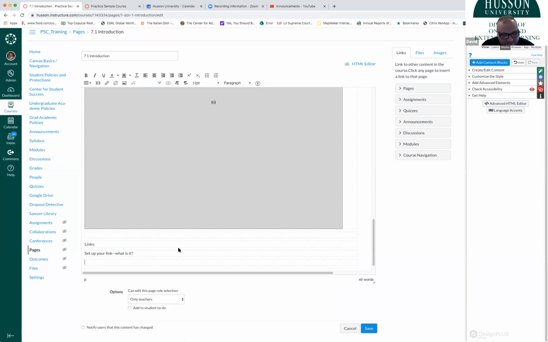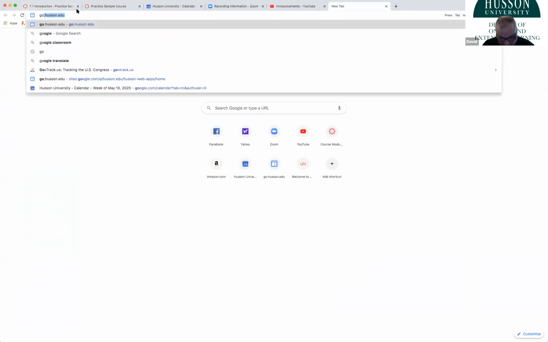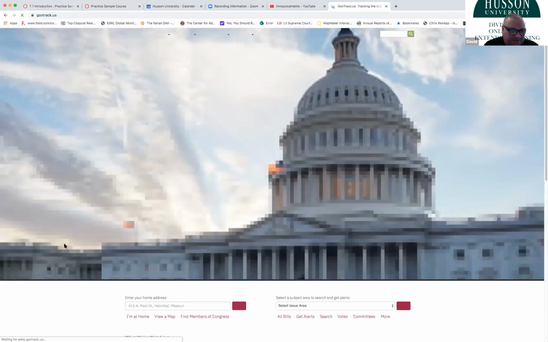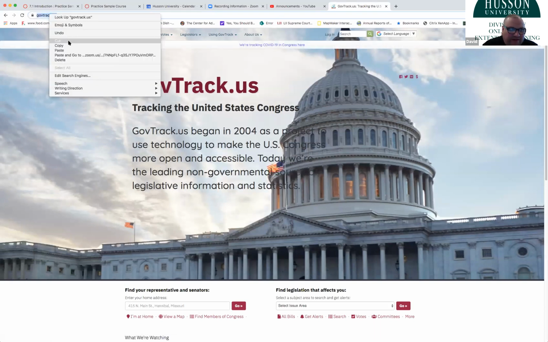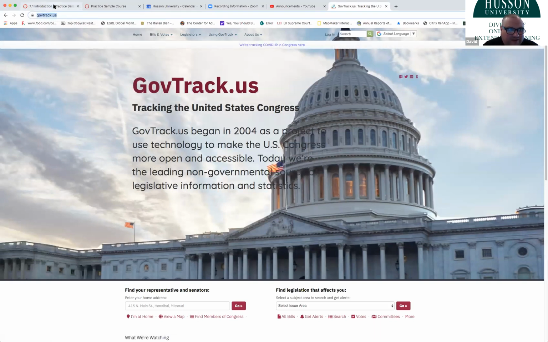And then instead of just attaching the link, so say in a government course, one of the ones I like to use is govtrack.us. So in GovTrack, I can work with students and we can track ongoing legislation. And I want to share that link because we'll use it. So if I copy the link,